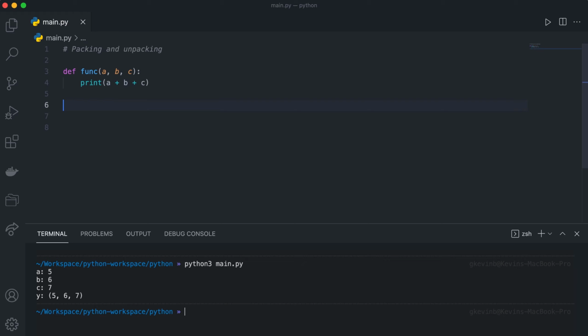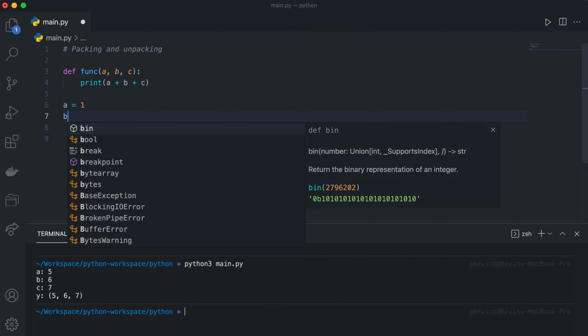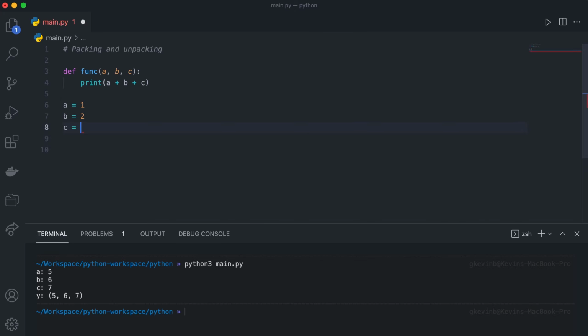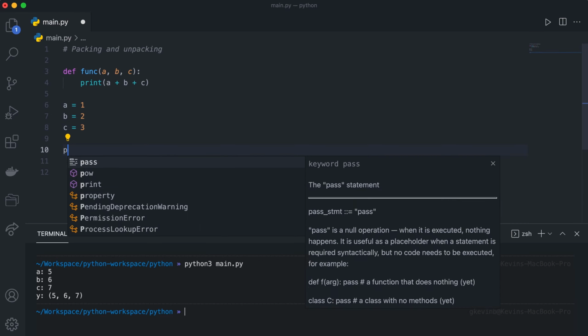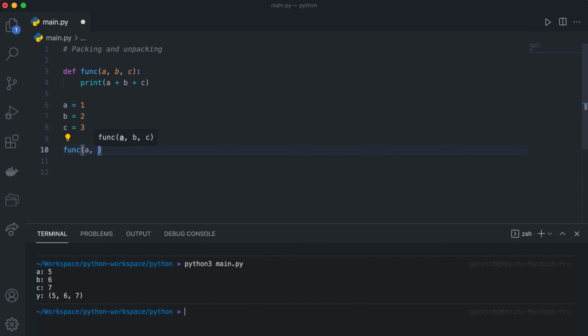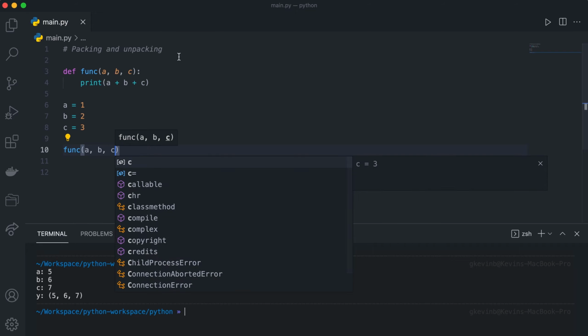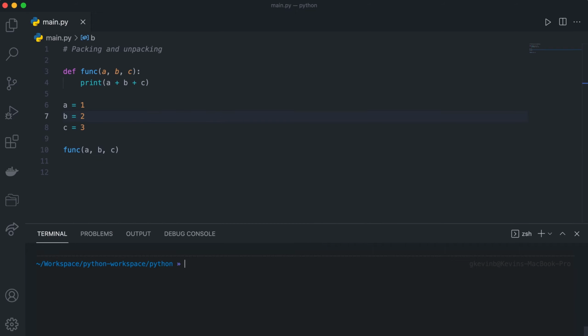So typically what you do is have something like A, B, and C, and let's call this function with those parameters. And this gives back 6, which is the sum of these numbers. But what you could do is, if you don't have them separated into variables, but it still requires 3 parameters,